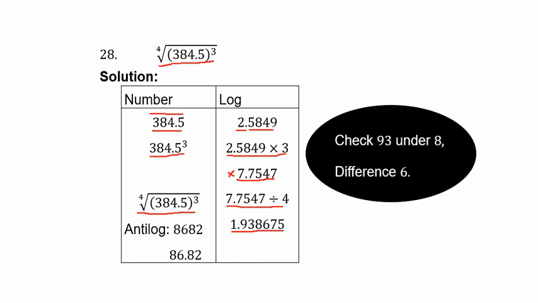And you know logarithm and antilogarithm, we are interested in 4 digits. That means 75 has no use. For the antilog, you check 0.93 under 8 difference 6. That will give